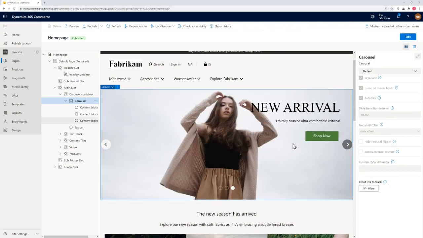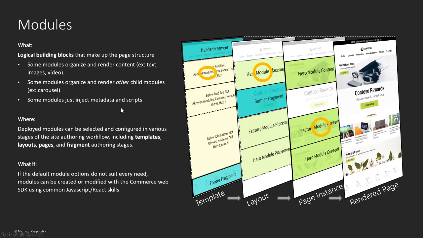So I could have 5, 6, 7, 8, 10 modules within this carousel, and the carousel has its own properties of how the structure works, maybe these flippers, and does it change slides automatically, and it's really just a container for other child modules within it. So going back to the presentation, that's what container modules are. That's the second type, and then the third type is that some modules are just there to inject